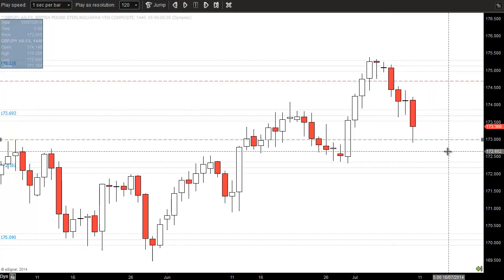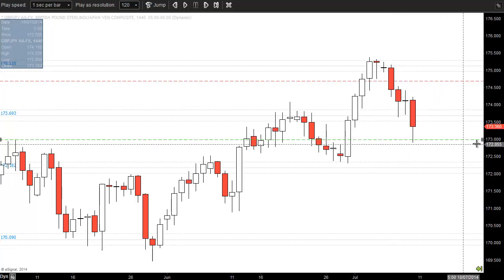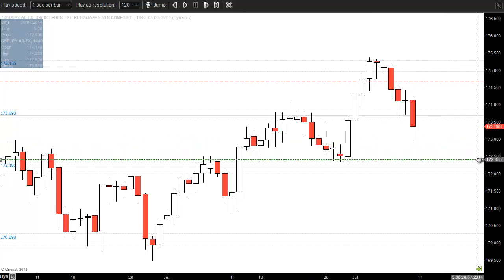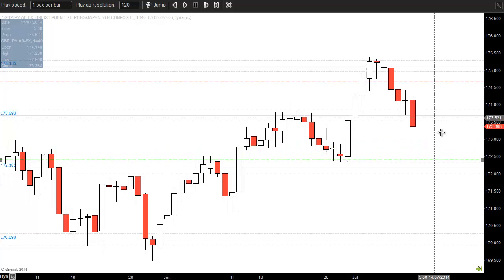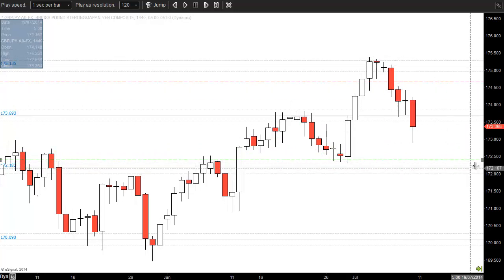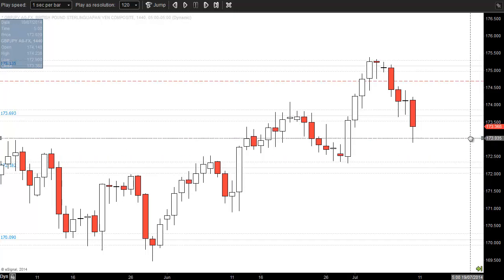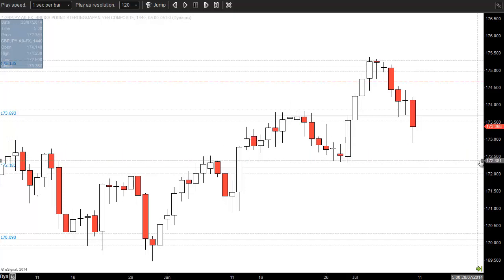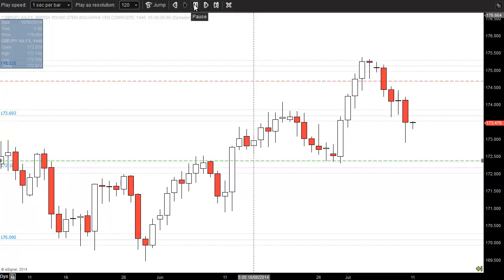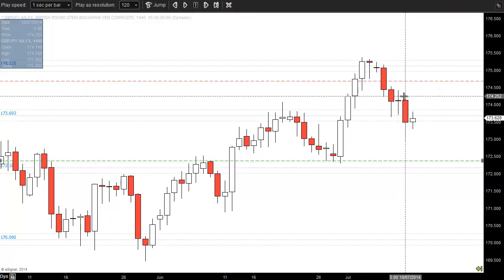It would have been an awesome trade, but not everyone is going to place their target there because some people are open to taking a little more risk and they want to take a bit of a bigger target. So if you hadn't had your target there and it was down here, let's see how this would have played out. Okay, so this